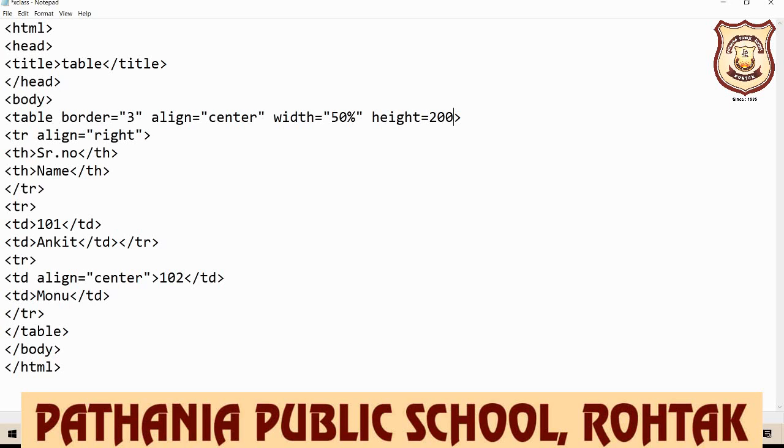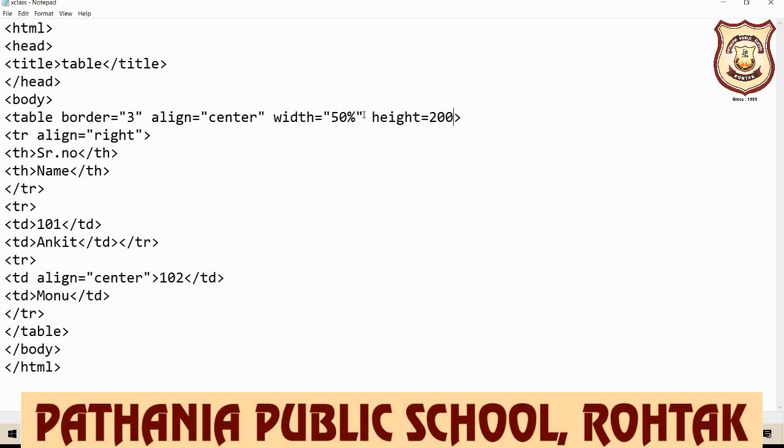To change its size to a fixed dimension, you can specify the value of these two attributes in pixels, that is a positive integer number. If you want to set the size relative to the browser window, you can assign the value in percentage. So here we wrote height in pixels and width in percentage.